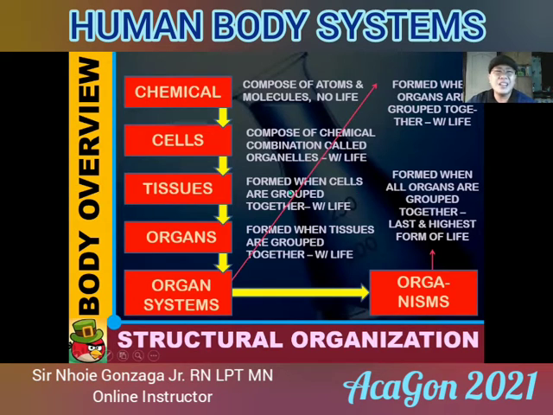So this is just another presentation of the structural organization. So again, chemicals, cells, tissues, organs, organ systems, and organism. Okay? So when you say cells, okay, these are the different basic structures of your body. When they group together, they form tissues. When tissues group together, they form organs. Example of your organs, you have the eyes, the mouth, the hands, the kidneys. Organ systems, usually